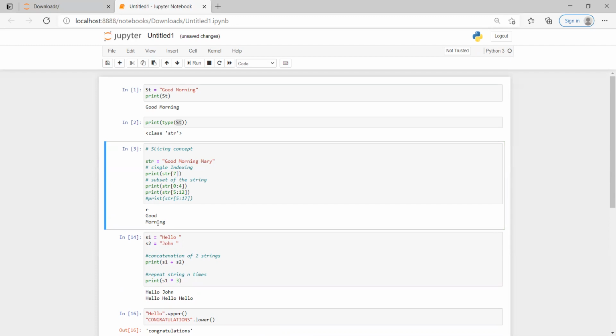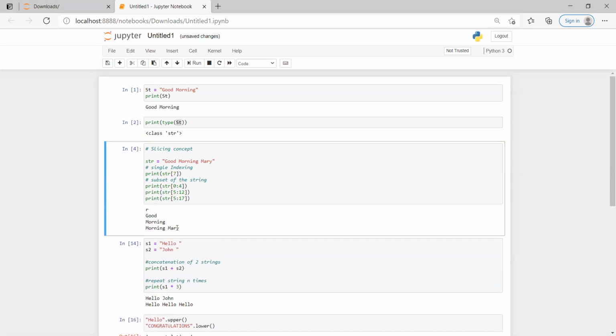In a similar way, if I want to get morning Mary, I provide the starting index location and the ending index location plus 1, so that it gives me morning Mary. This is the slicing concept: you get the substring from a variable based on the starting location and the ending location.